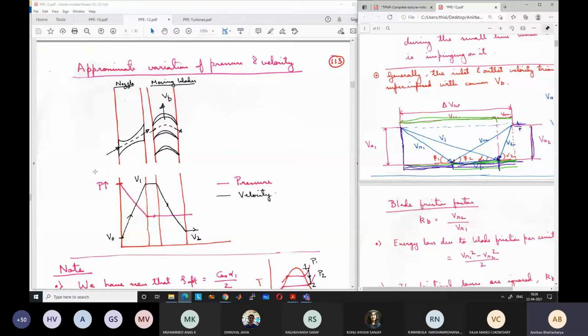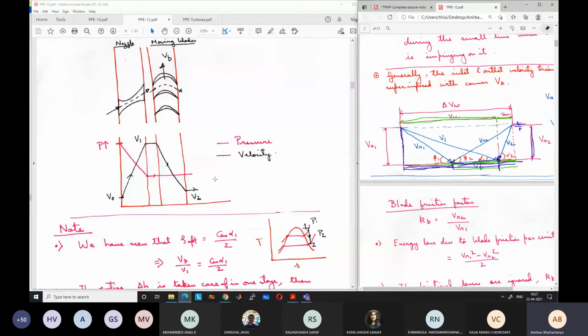But there is no change in relative velocity, so there is no decrease in enthalpy, no conversion of enthalpy into any kinetic energy, or no change in pressure or temperature. So pressure remains constant. This is for a single stage. Okay. Same thing will be repeated again and again if you have multiple stages. And a typical turbine will have large number of stages, as you have seen in this diagram. So many stages, 20, 30 stages can be there.